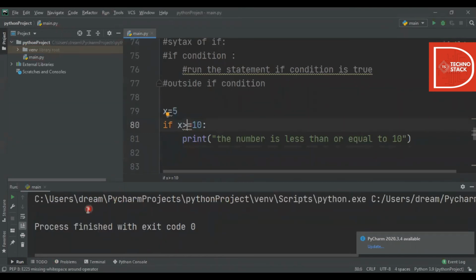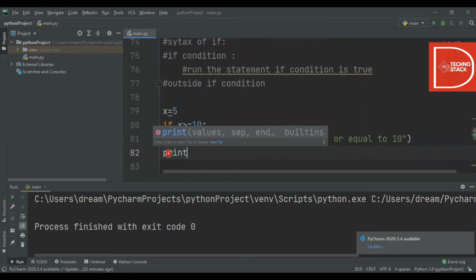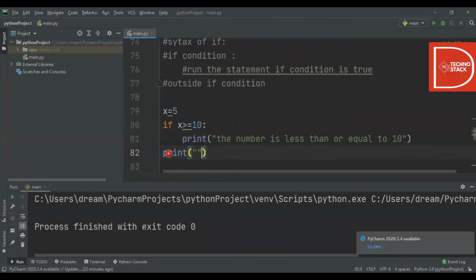So see, the program is interpreted successfully as the syntax has no syntactical error, but as we have not given any else condition, this condition is false, and by default it will not print anything that is under if, and it will end the program. Okay, so now what we are doing is over here, I'll put a print statement saying it's the end of the program